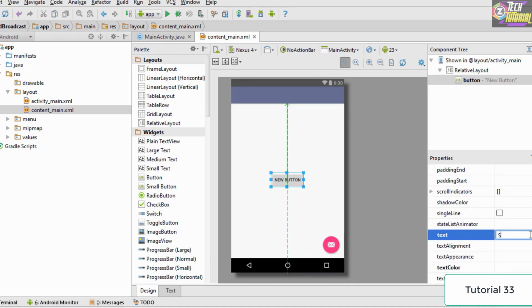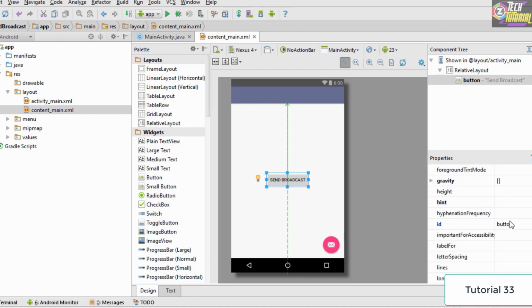So we change the text to send broadcast. Once we are done with this, we also set the ID of the button so we can reference it. We go to properties and change its ID to send